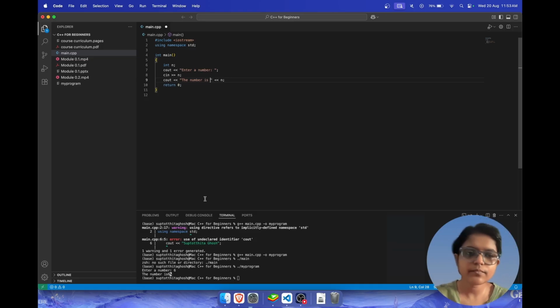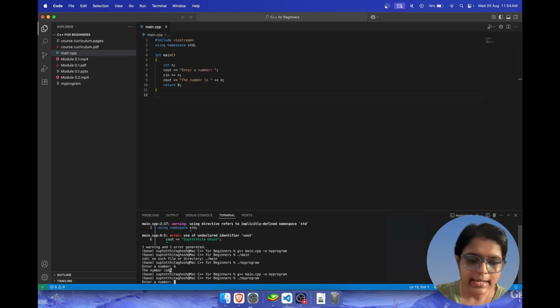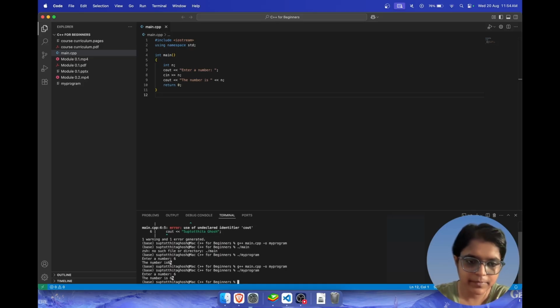Okay, so let me compile and run it again. Enter a number: 6. The number is 6. Now you can see that here we have the number is and 6 with a space in between.